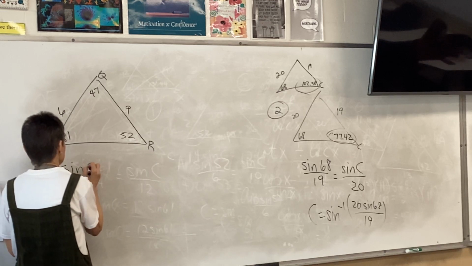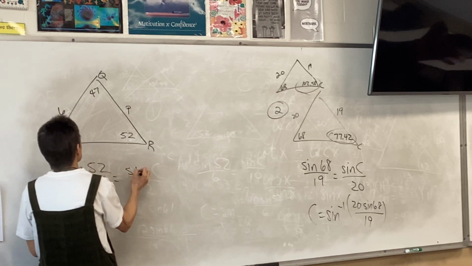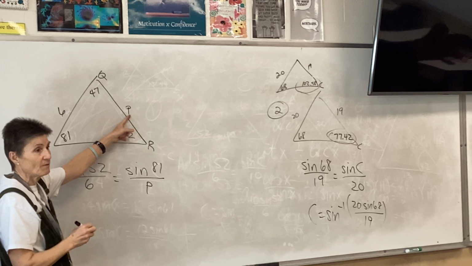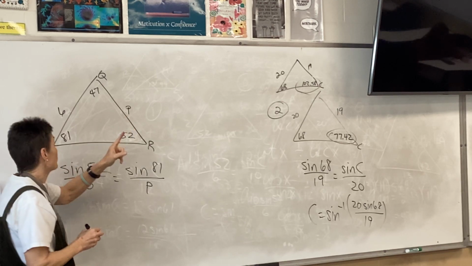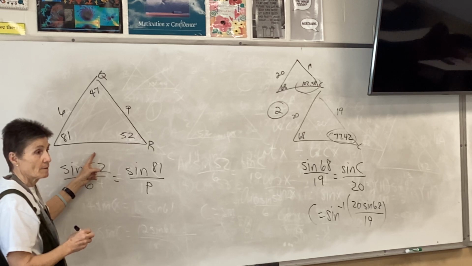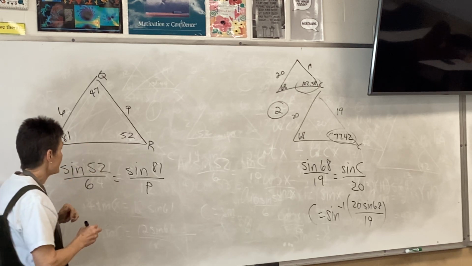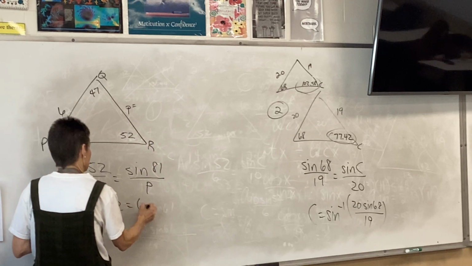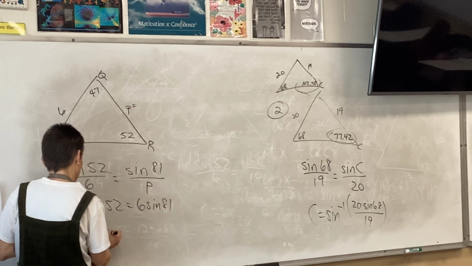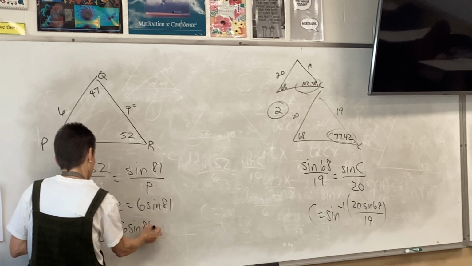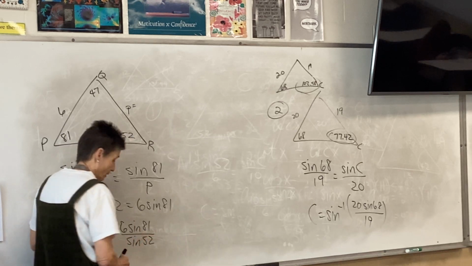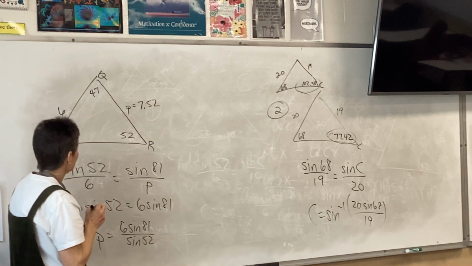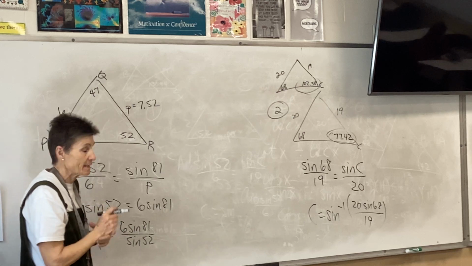So sine 52 over 6 equals sine 81 over P. I only picked that because that's what Finn wanted to do. I could have done sine 47 over Q. Doesn't matter. All right, let's find P. Is what Adriel got. Is he right? Yes. I didn't type it in. Okay, now